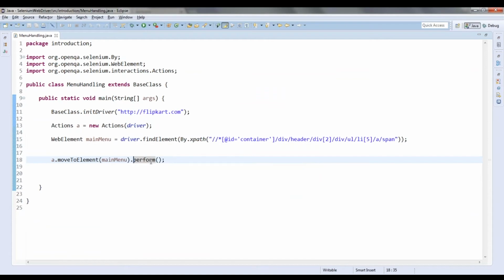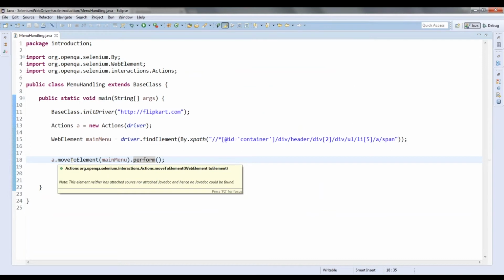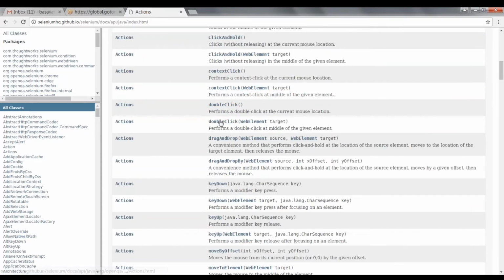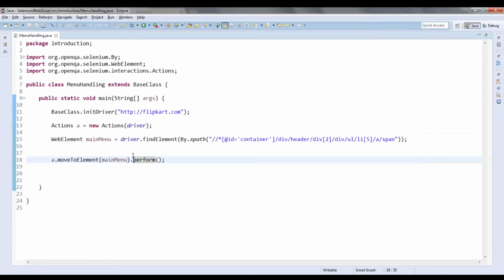I will show you the composite actions, and that time I will use build. It's a set of one or more mouse handling actions. I can move to an element, and then I can click on the element, or double click, or drag and drop that particular element. You can combine all these different actions into one action, and then you can build.